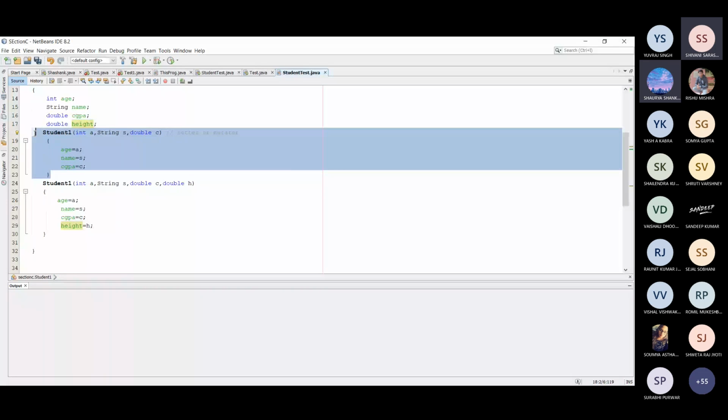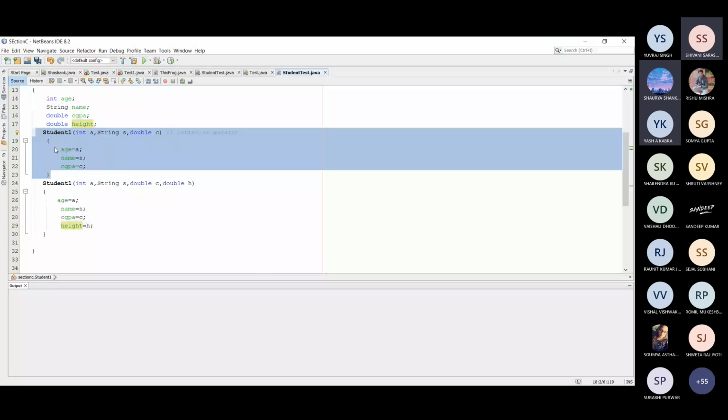Can anyone tell? What is the significance of constructor overloading? ओके सी अभी सिग्निफिकेंस समझ में आएगा.